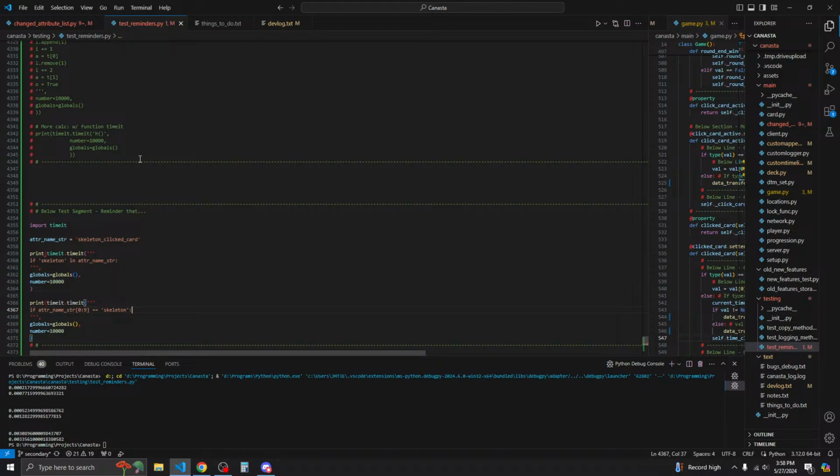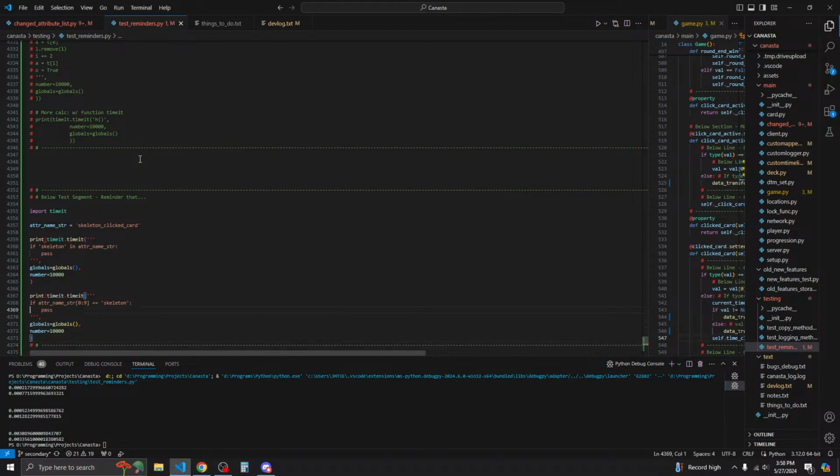So if attr, we'll just do print true, or we'll just put pass. That's all, because we just want to know the speed of the actual if condition logic execution time. So this one is going to be slice, and this one will be in,